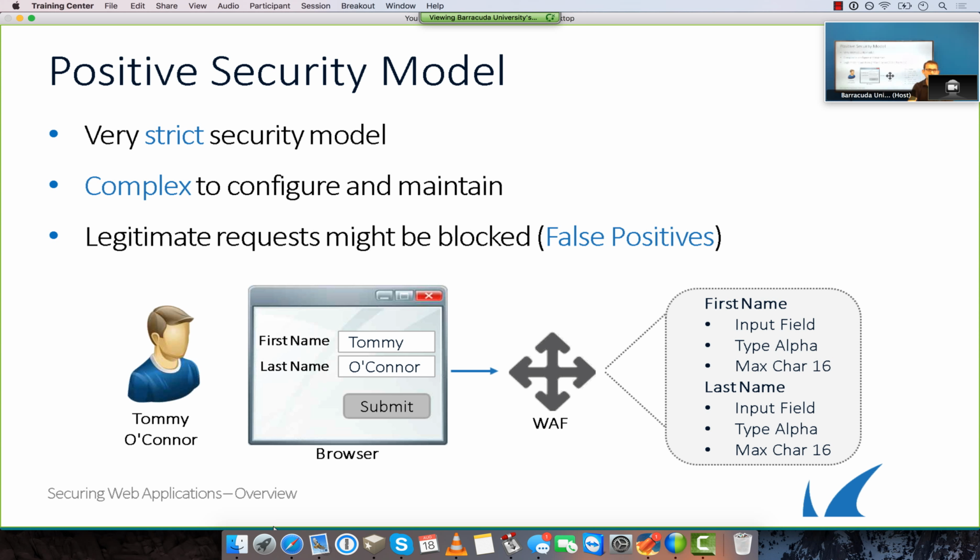Why not? Because O'Connor in his last name has a single quote here. And since we are only allowing letters, this request will be blocked by the WAF. So the positive model will generate false positives. So blocked requests that in reality are not an attack, they don't have anything wrong with them within the request,